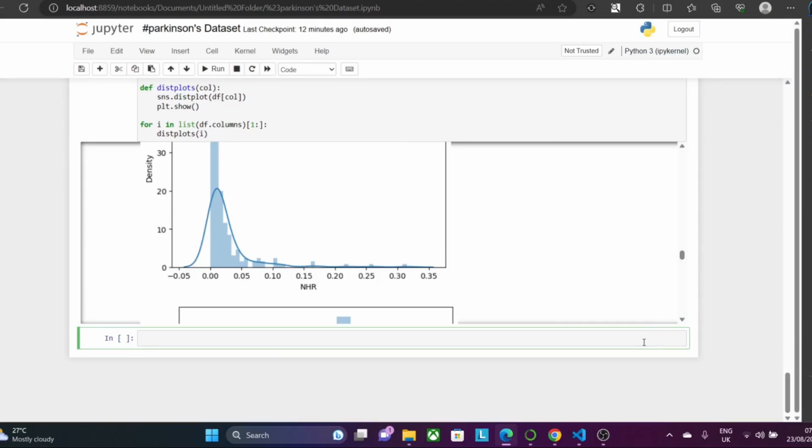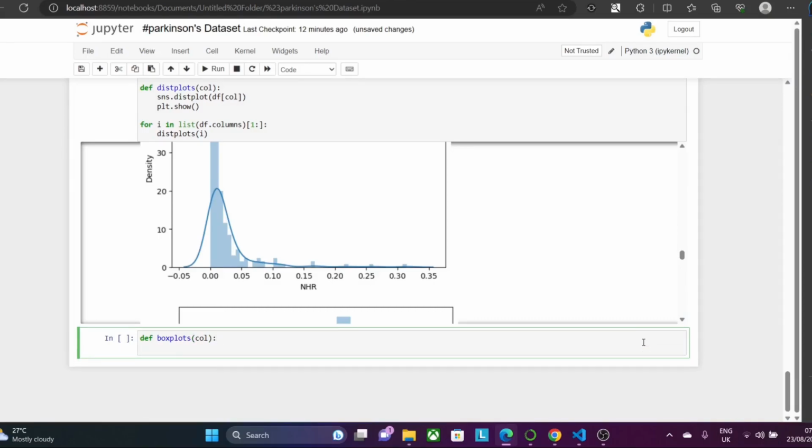In order to find whether there's an outlier or not in our dataset, we have to run a box plot. We can do this by doing df boxplots, identifying the columns. After identifying the columns, we can run SNS, seaborn, boxplot, and we define the column as we did before, plt.show